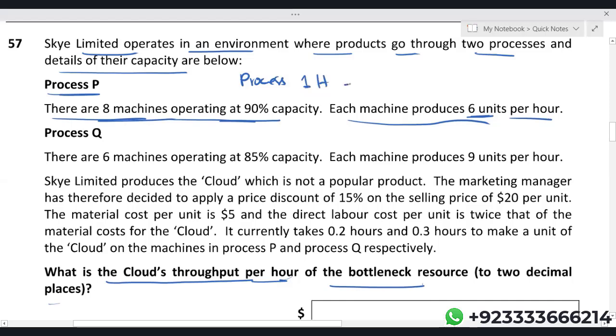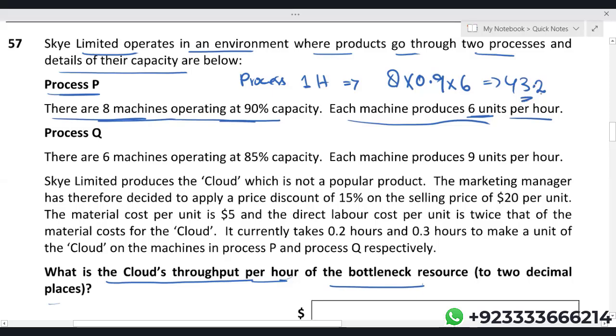One hour. Let's see how many units they will be producing. There are 8 machines working at 90% capacity. Per hour, they are manufacturing 6 units. 8 multiplied by 0.9 into 6, I'm getting 43.2 units. It means